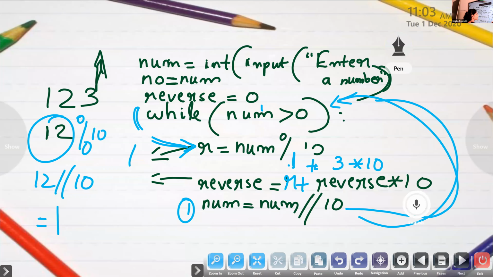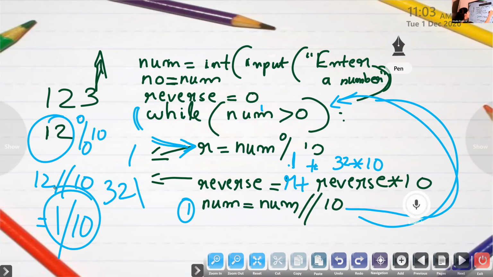So 32 into 10 is 320 plus 1, which is 321. Then again num is equal to num divided by 10. 1 divided by 10 is 0, floor division. So this loop will exit.